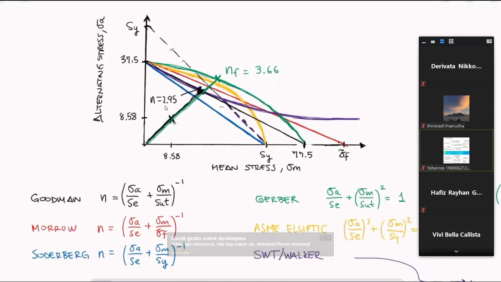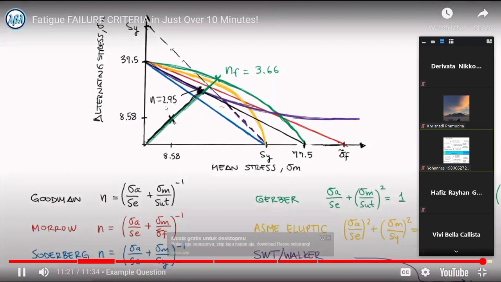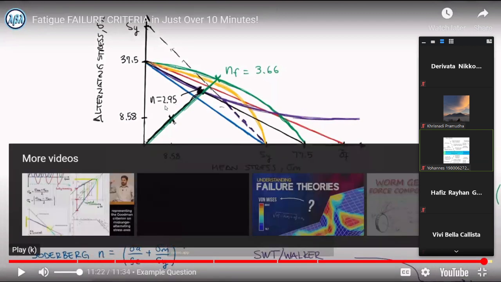And in the next video, we'll cover some topics related to shaft design for stress, which is basically applying everything we've learned about fatigue for the specific case of a